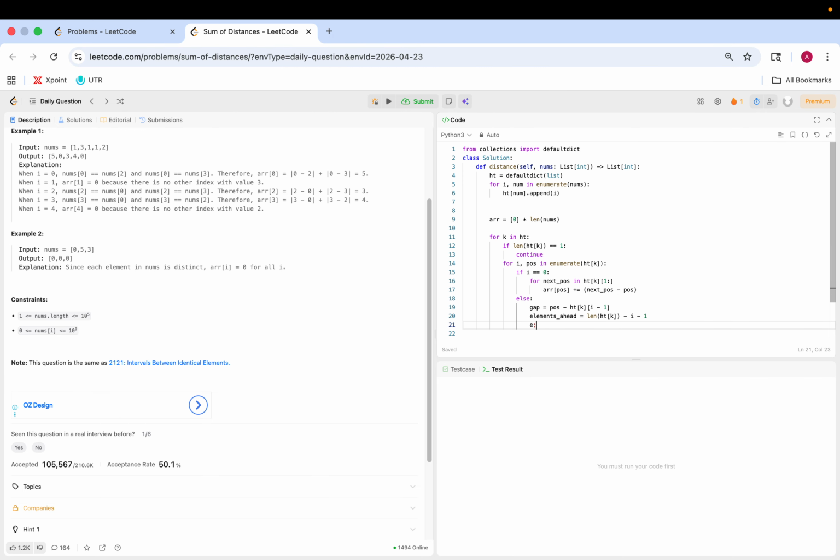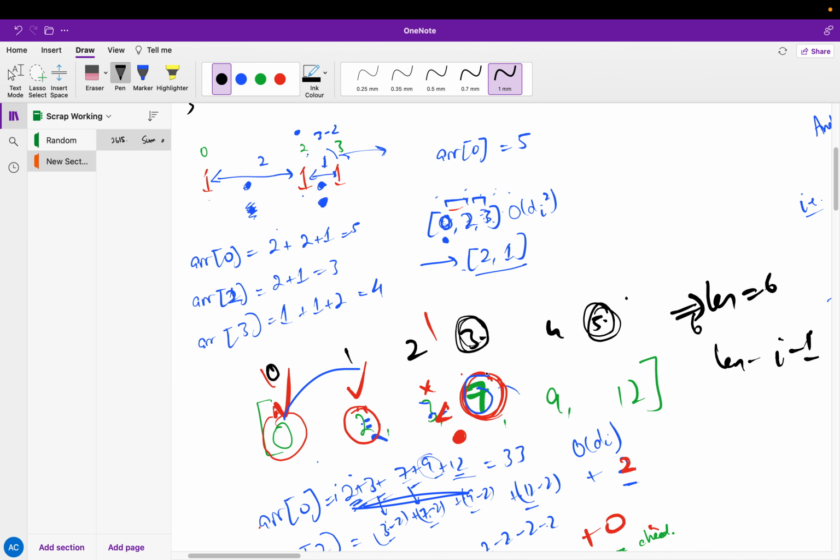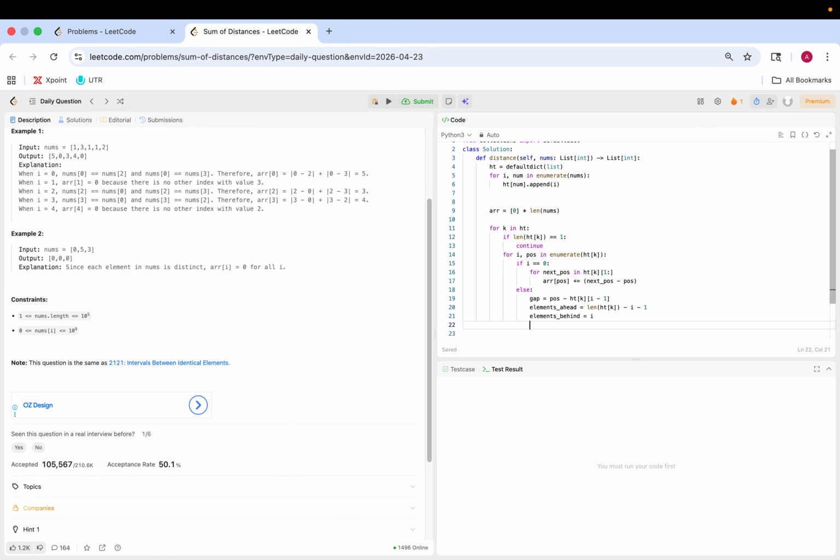And the elements behind is equal to basically my index. Yeah, just my index, right? If I'm on index 3, that means there's 3 elements behind me. Okay, so there, and then using my formula,